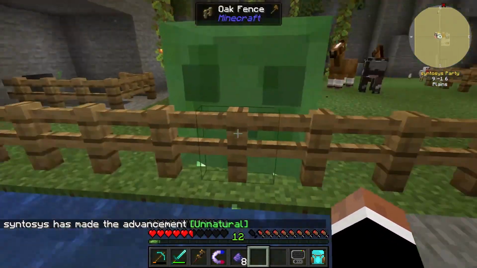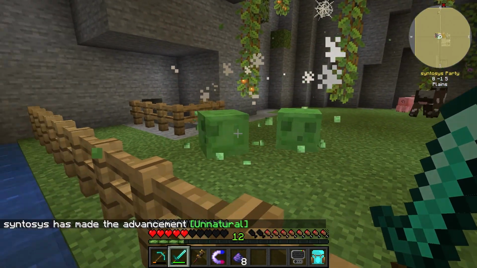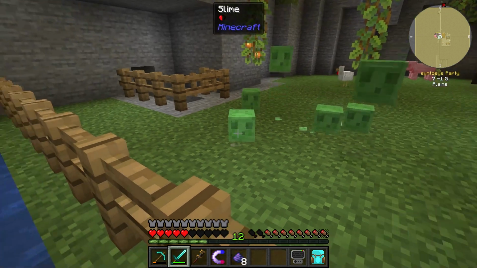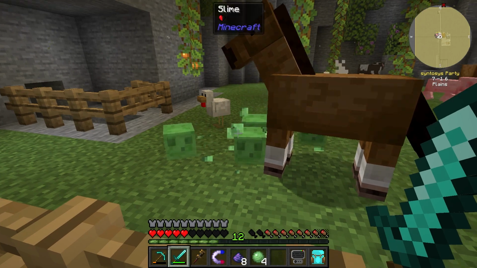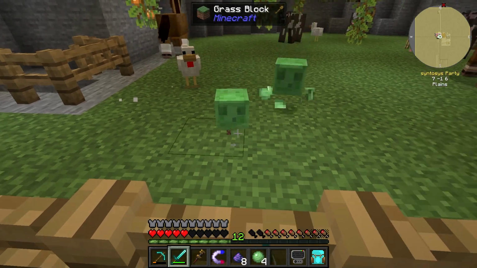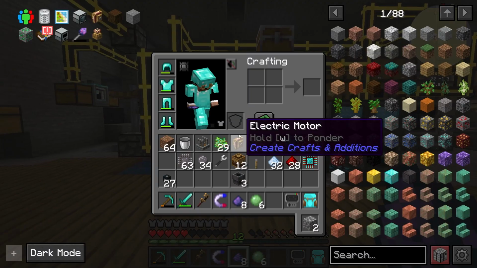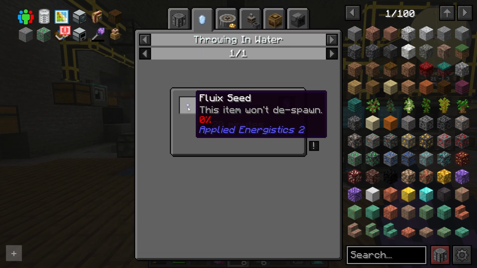Sweet. And then we kill the slime because, you know, he's a dick. Yeah, come on then. The horse is getting dangerously near to my sword, so, you know, it's his own fault. Right, and then one more. Come on, jump, jump, jump. There we go, goodbye. Right, so we've got 8 flux dust, which we can now use to create the fluix